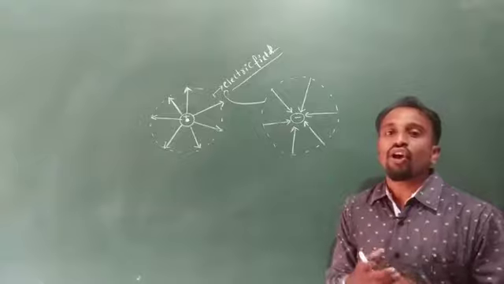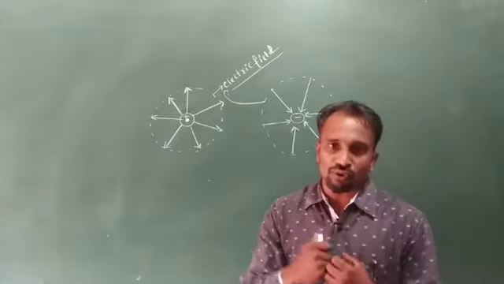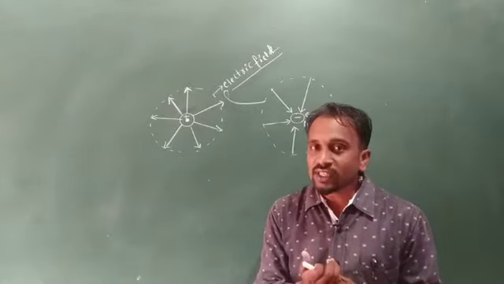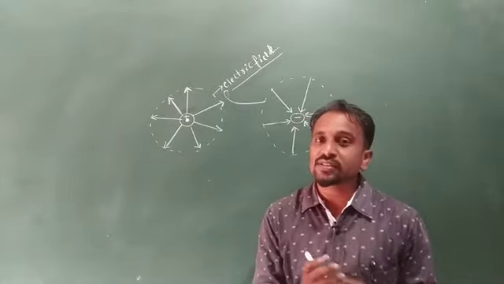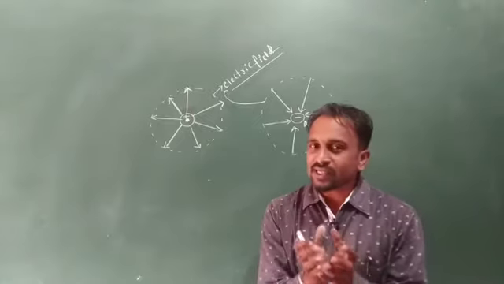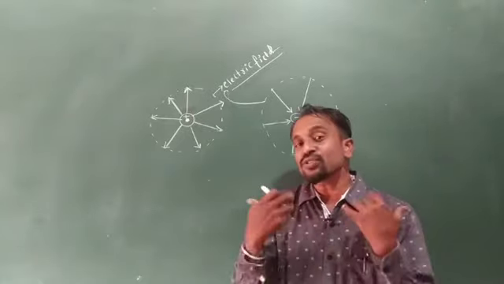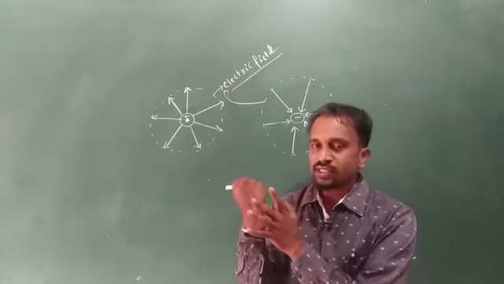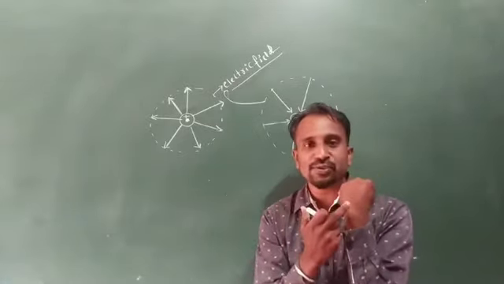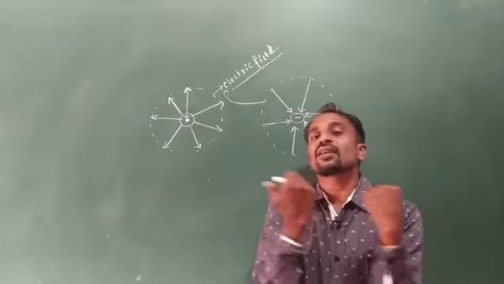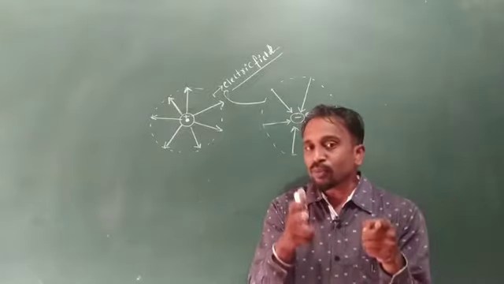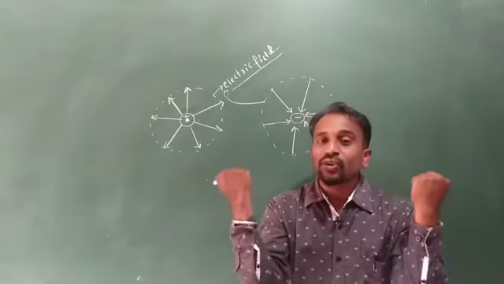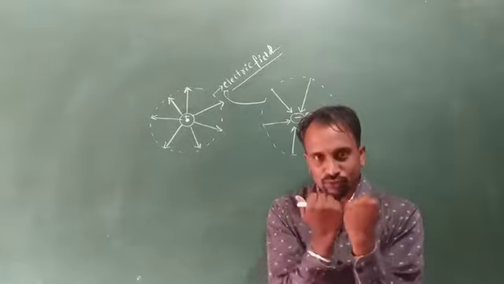In this region we get an electrostatic force. Electrostatic force means two types of forces: one is attractive force, another one is repulsive force. For example, if we consider positive charges, similar charges, a positive charge particle and another positive charge particle, in between we get a repulsive force. Suppose one is a positive charge particle and one is a negative charge particle, in between we get an attractive force.